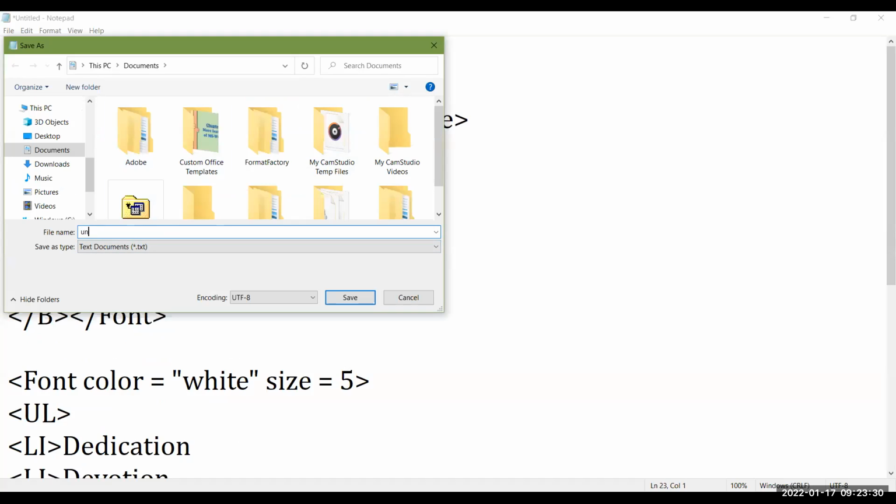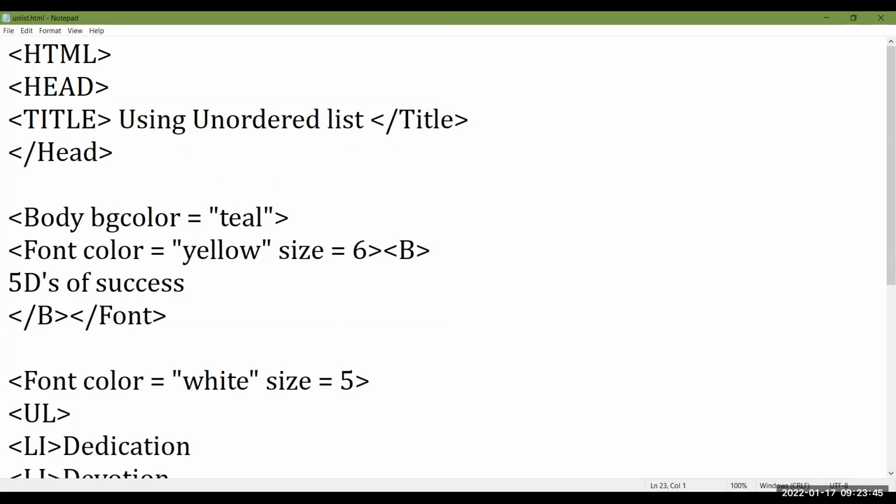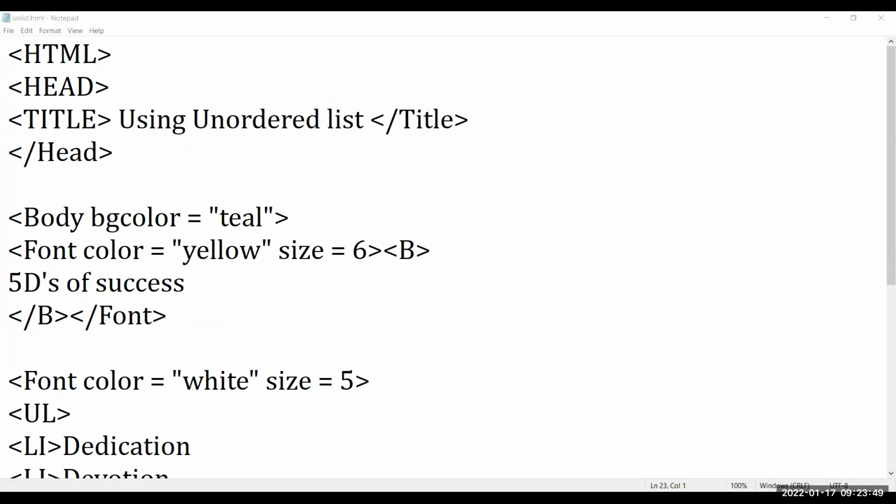I'm saying unlist.html and document type all files. Click on save. Now open it. How to open? Go to the browser. Open any browser.